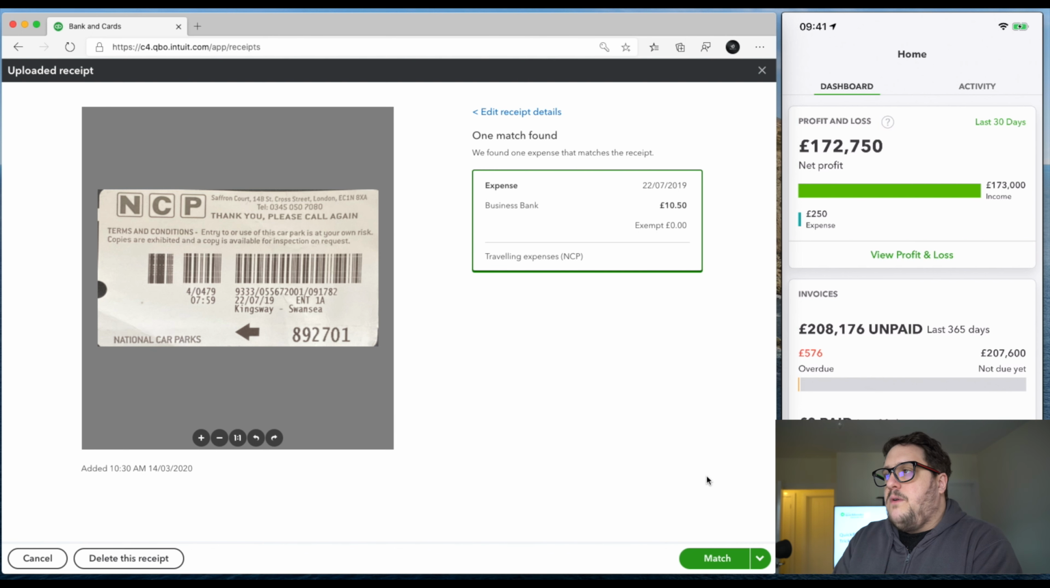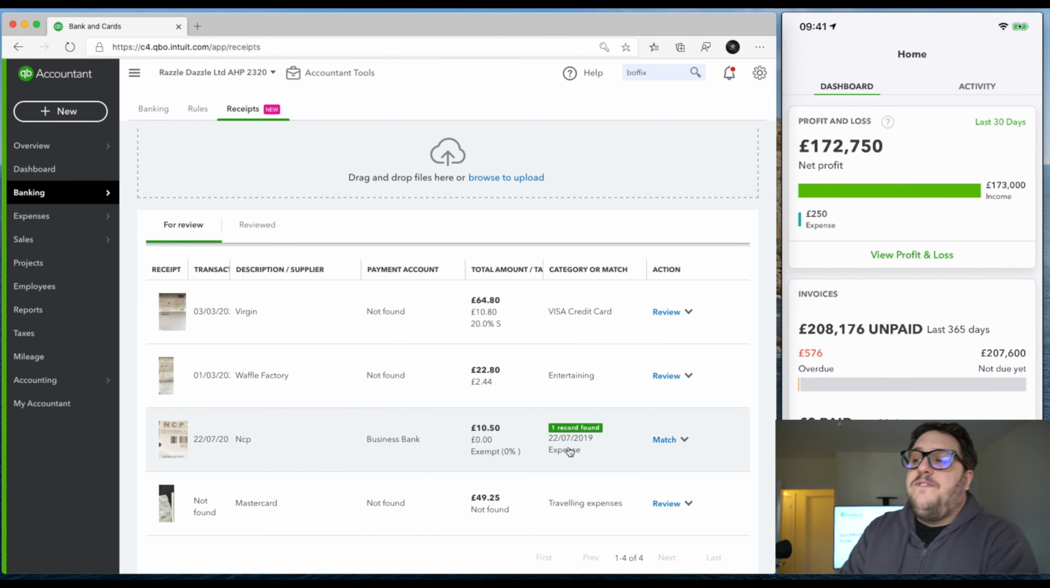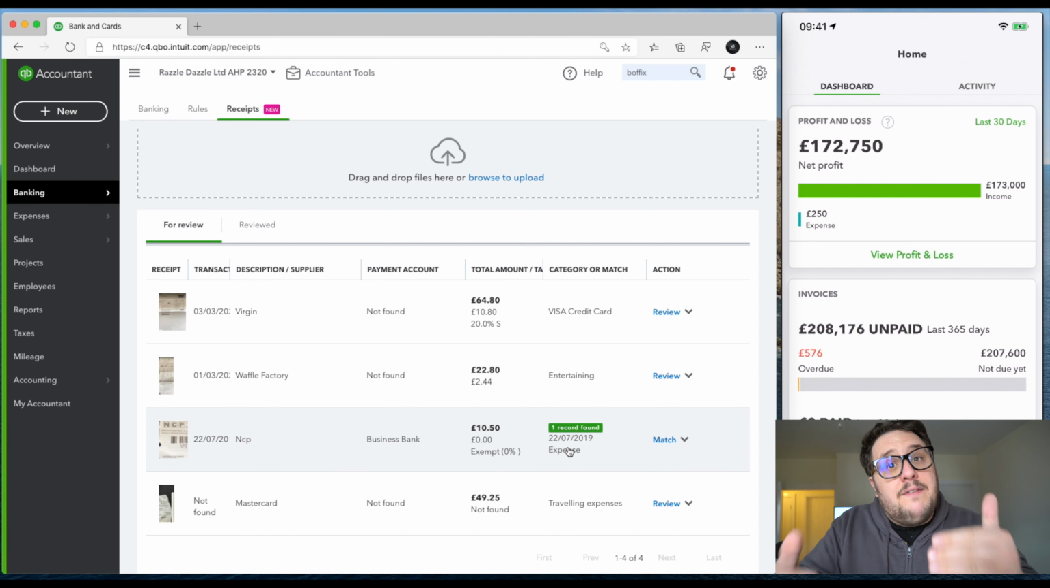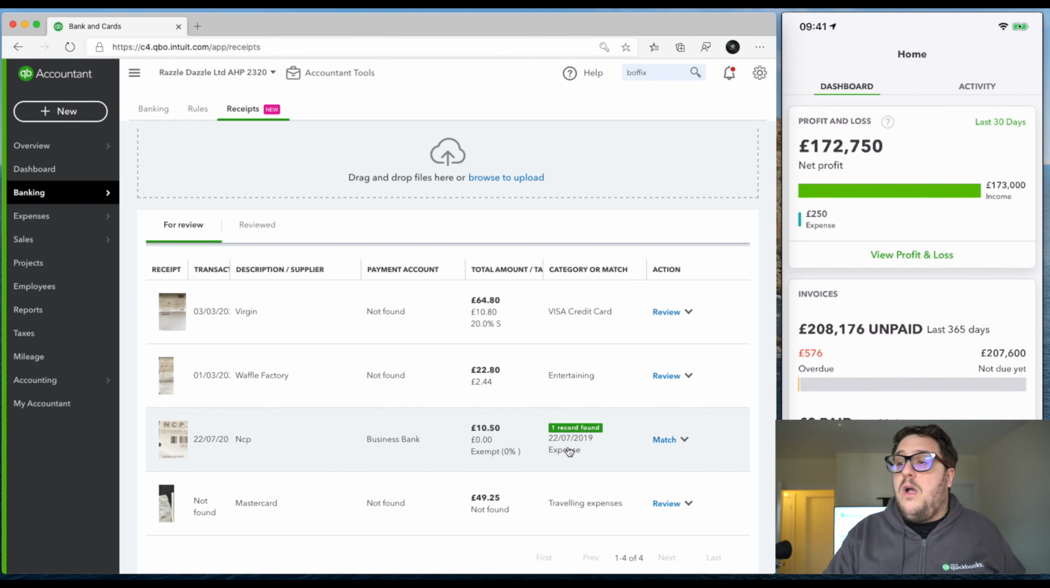One thing to also note is, now that I've put that £10.50 in, if I was to return back to this page beforehand, before I even go in there, it's going to have found that transaction for me. So you can see there, one record found, NCP, really happy with that. So if I press match,